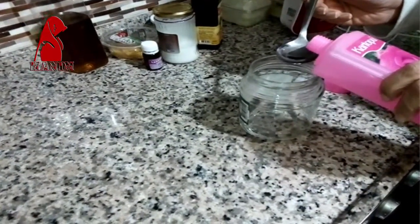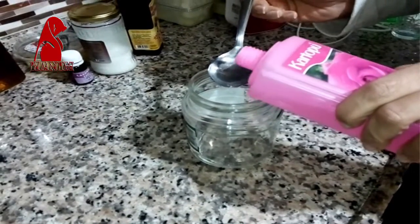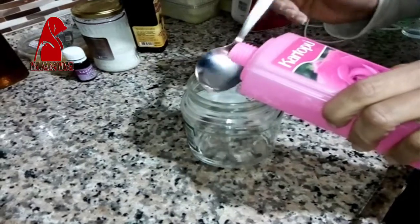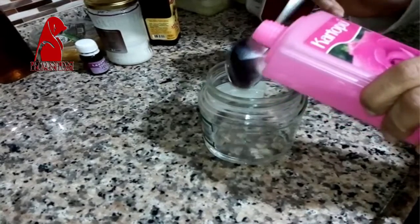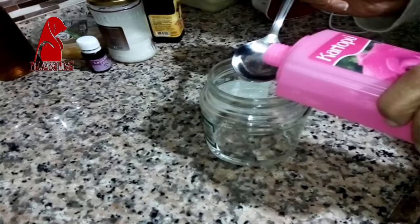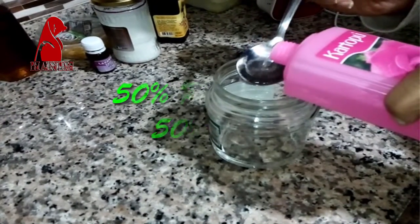I'll be using a tablespoon just in case you don't have a measuring cup, but know that you can use any measuring device you have at hand and keep the same percentages. Make sure you thoroughly clean all jars and tools by using boiled water or alcohol to avoid any bacteria joining the mix. This recipe should give you a big jar to use for 2 or 3 months and calls for